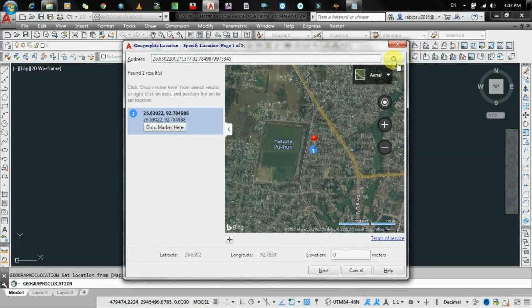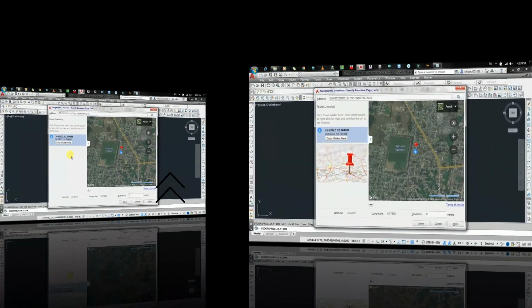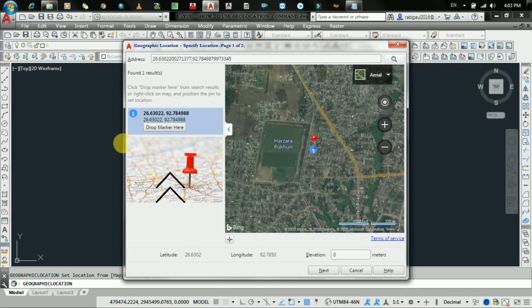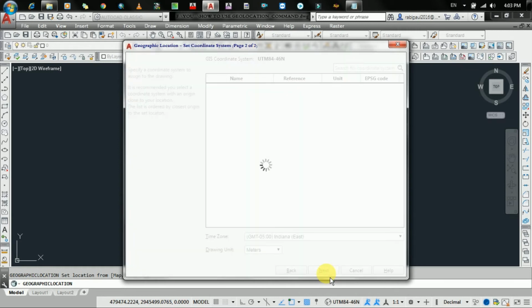In the result pane, on the result nearest to the reference location, click Drop Mark. Here a marker is inserted in the map. Please remember, instead of searching, you can zoom the map, right click the location and click Drop Mark Here. Also, zoom the map such that the marker and location to set are clearly visible. You can also drag the geographic marker to the desired location. Then click Next.